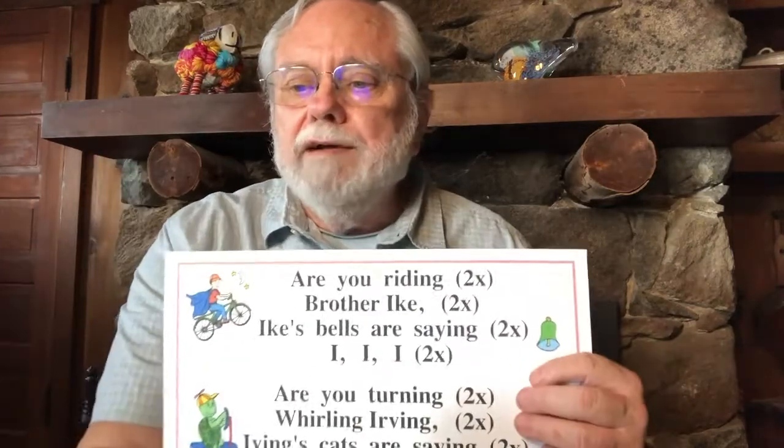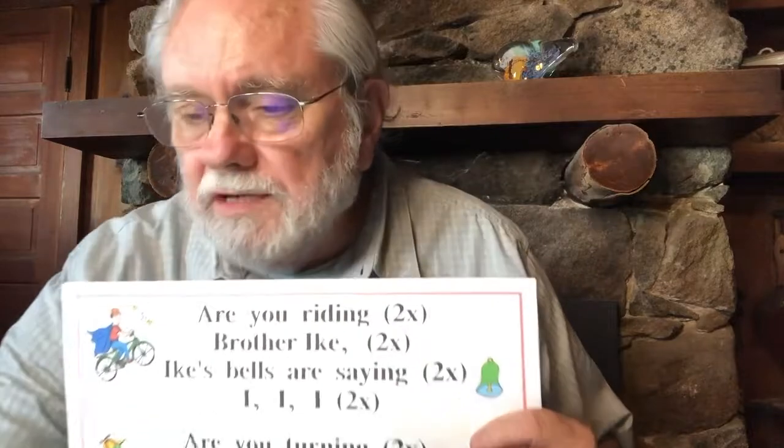So now when we're singing songs for "Are You Sleeping, Brother John?", if we come to a verse for a vowel, we isolate the vowel and sing it 3 times. So Ike's verse would sing like this: